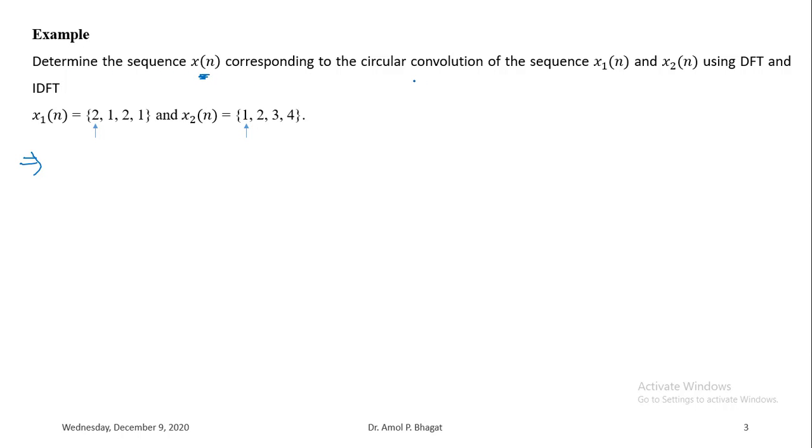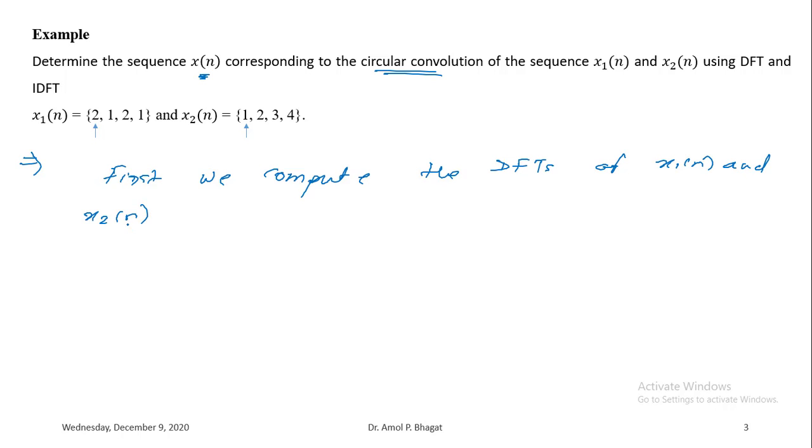So here we will be determining the sequence x of n. This x of n is nothing but the circular convolution of these two sequences, that is x1 of n and x2 of n. But here we will be determining the circular convolution using discrete Fourier transform and inverse discrete Fourier transform, that is nothing but the multiplication of two DFTs property, correct? So first we compute the DFTs of x1 of n and x2 of n by using the 4-point DFT,